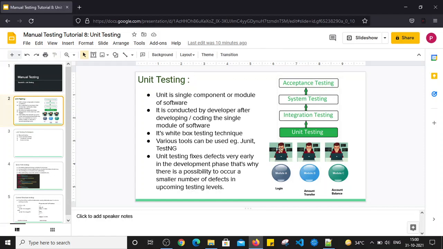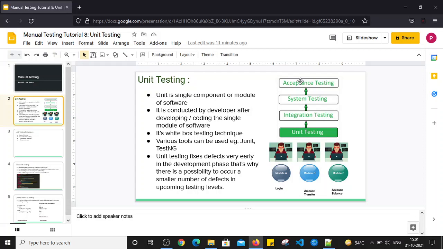If most of the issues are found during unit testing and they are fixed, then there are very few chances that more issues will be found in the coming layers, right? That's why unit testing is important, because it helps the developer identify defects in a very early phase. If unit testing is conducted correctly, lots of issues can get fixed during the early phases of software development.